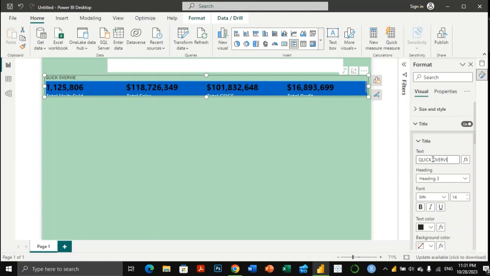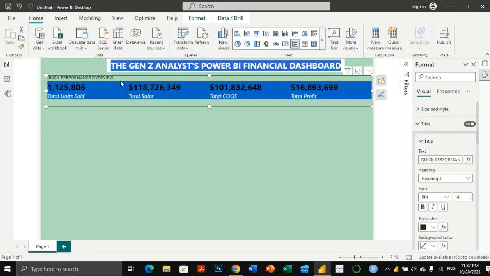Or so I'll just say quick performance overview. Quick performance overview. So we have our quick performance overview here, and what I'm going to do is to